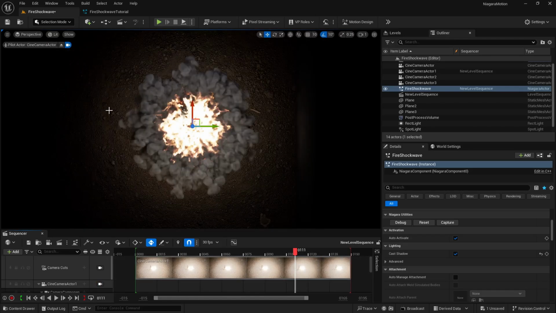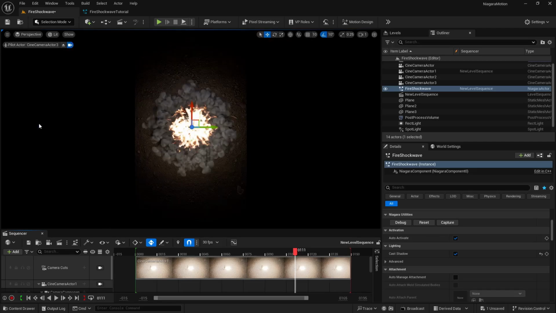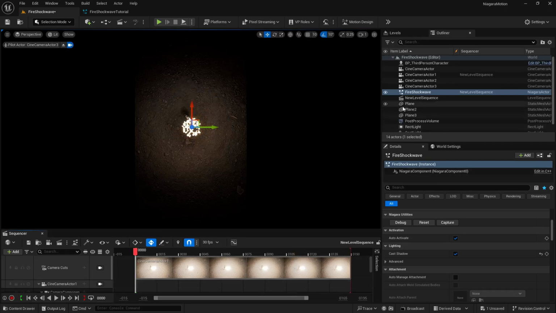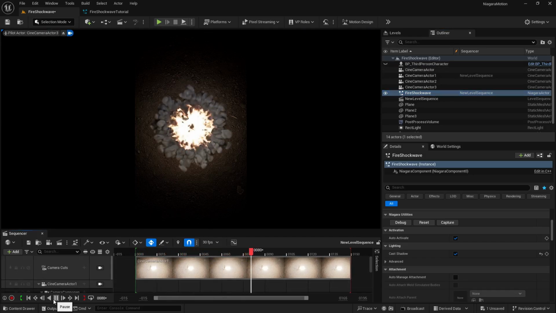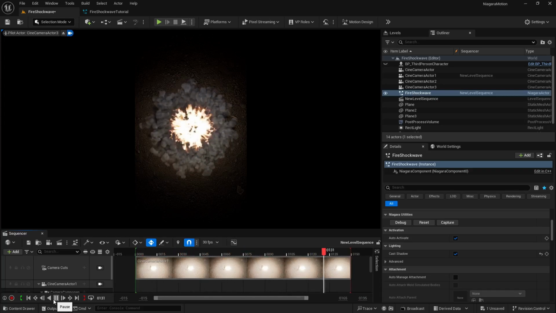If I go to my top angle, you can see how this is looking, and if I go to this camera, you can see how it is going to look as well. If I play this out, I am hiding my character here, and you can see the result. See, this is looking great. So this is how you can create some fire shockwaves with the help of Niagara Fluids. You totally need to play with the settings and the render quality, because it depends on the GPU as well. I have also shown a method which overrides the quality when you are going to render it, so you can do that as well. Just look at that too. You will get some really good results.